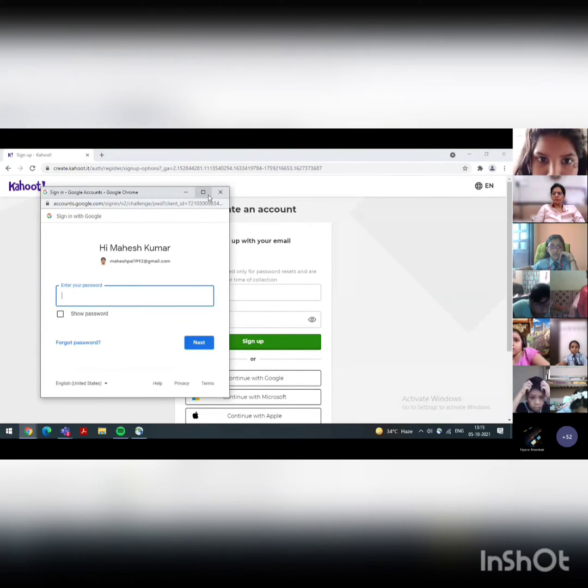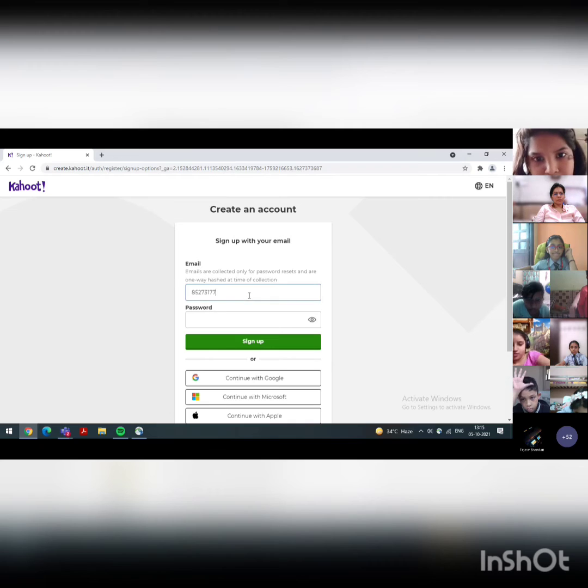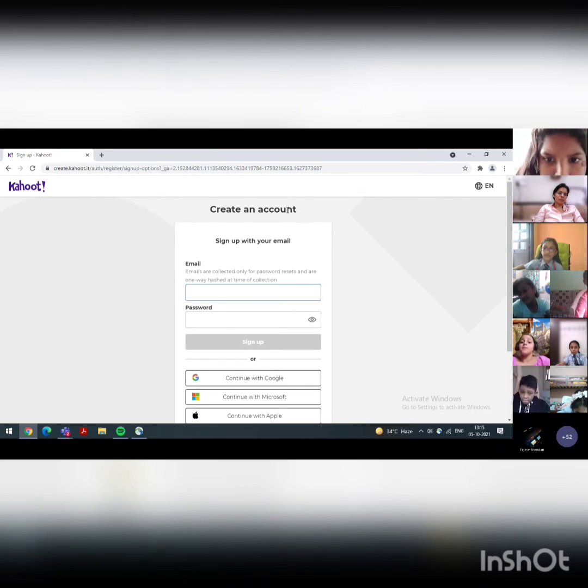But I don't know the password. Oh, then you won't be able to log in for that. I can do the phone number. No, you have to enter the email ID, Naksh, not the phone number. It's only given email ID. Okay, I am entering email ID.